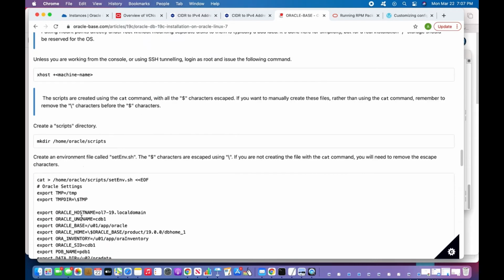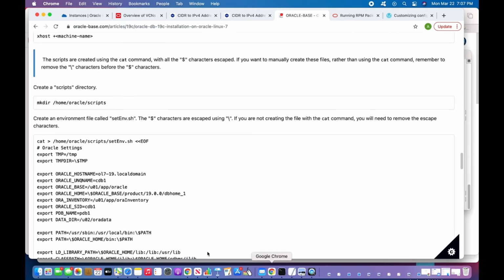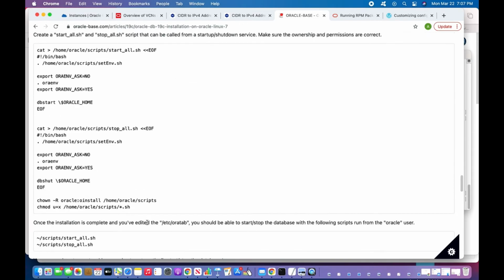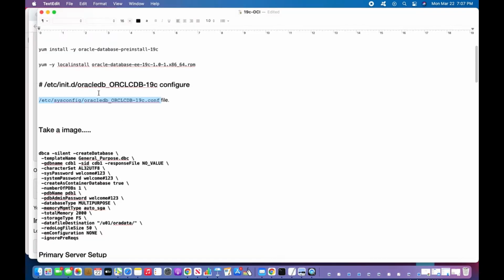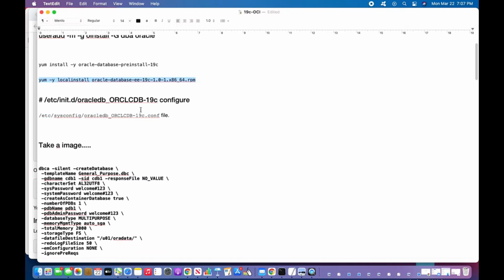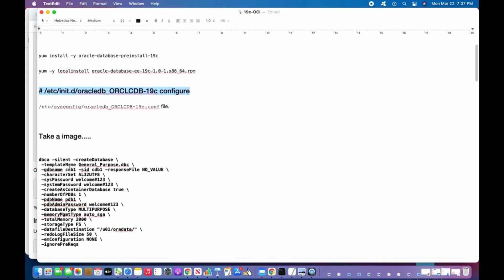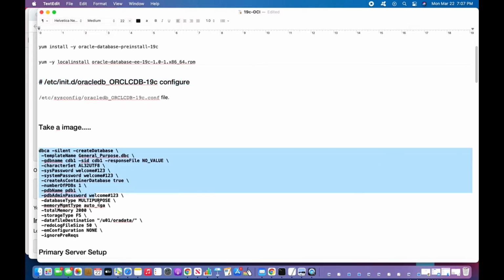Okay, the next step is that I have to do the installations, the files I have taken. After this installation, we can do two steps. Either we can configure the database automatically using the Oracle 19c, that is the Oracle DB ORCL DB 19c configure command. This is automatic setup. I'll also discuss what parameters are there in the configuration file and what things you can change. Another thing we can discuss is if you want to do it manually through the DBCA, either silent or the